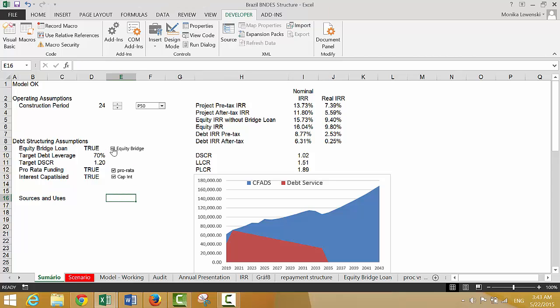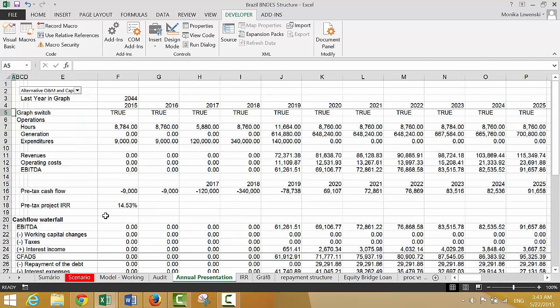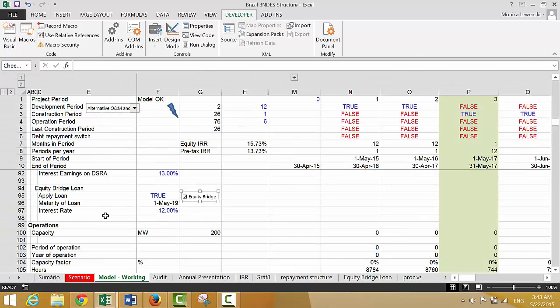If we take out the equity bridge loan. Oh, I forgot to put the true and the false in the equity bridge loan, so I'll do that, and then how about we'll end this video, okay? Come on, so the equity bridge loan,